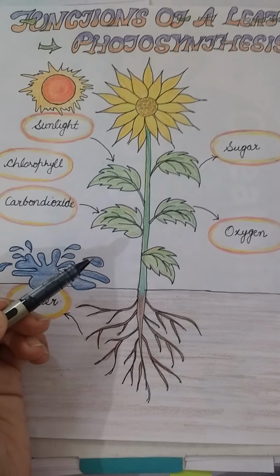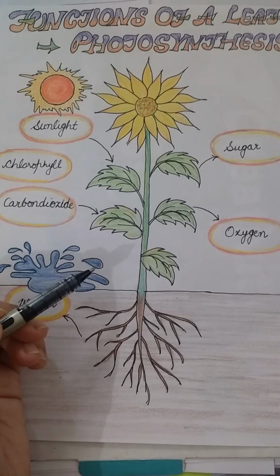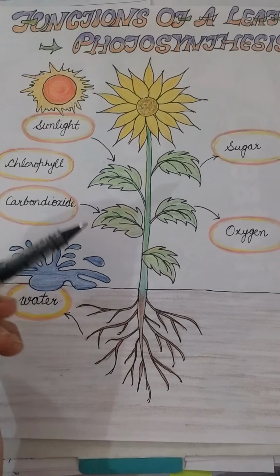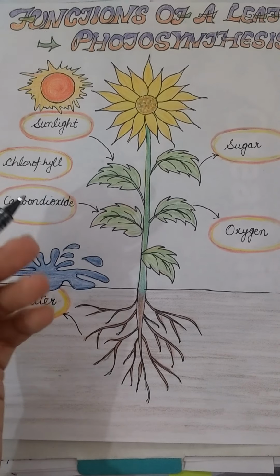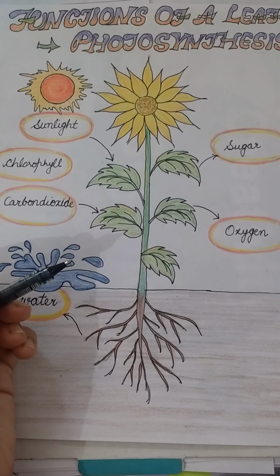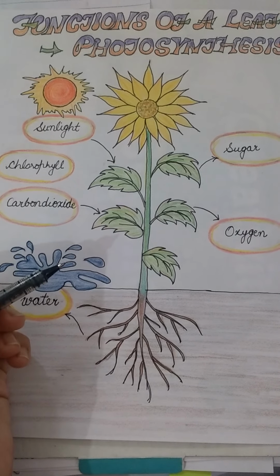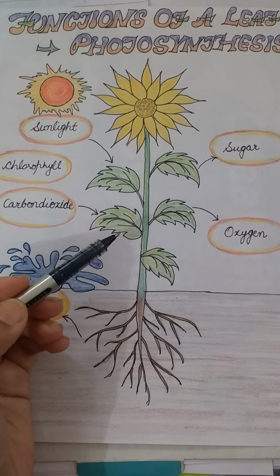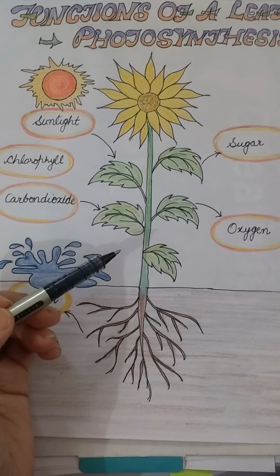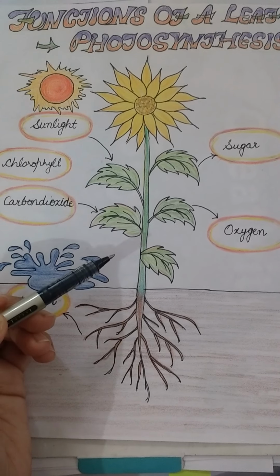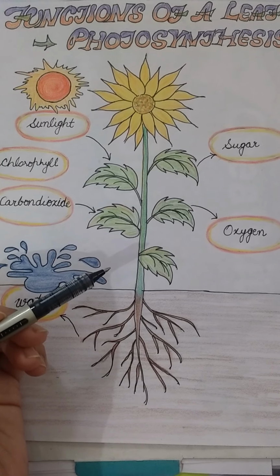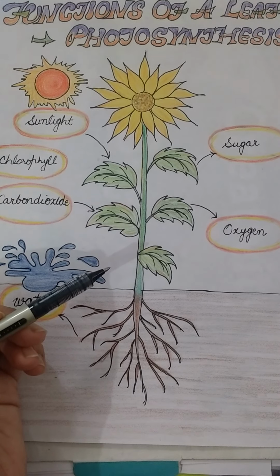Well, this was all about the functions of the leaves. I hope the video will be beneficial for you. Again, I am repeating that there are 3 functions. First is the photosynthesis process, meaning making food for the plant. Second is the exchange of gases, that is done by the stomata present on the under surface of the leaves. And the third function is transpiration. Transpiration is the loss of excessive water from the plants. It is also done through the stomata present on the under surface of the leaves.